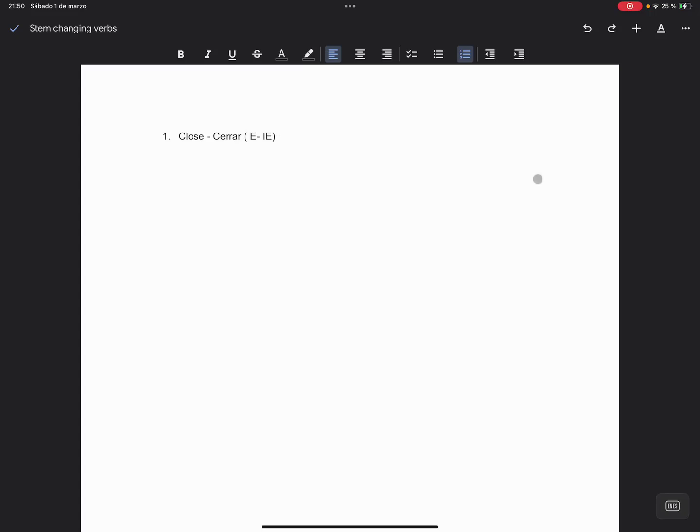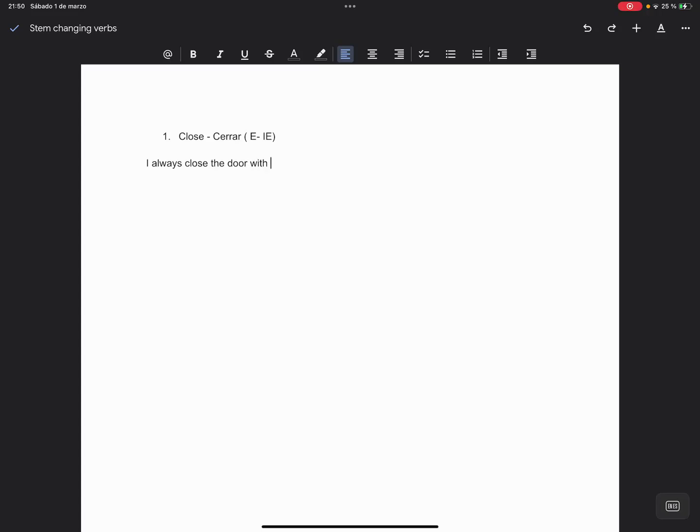Remember, not all the boxes, only the ones that make the shape of an L. So I, you, he, she, it, and they, but never we or you all. So, for example, the sentence that I'm going to give you is, I always close the door